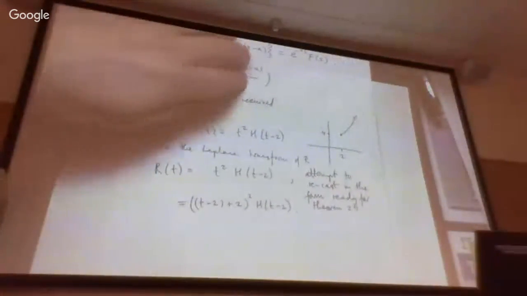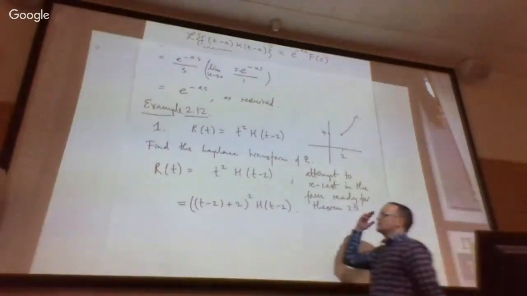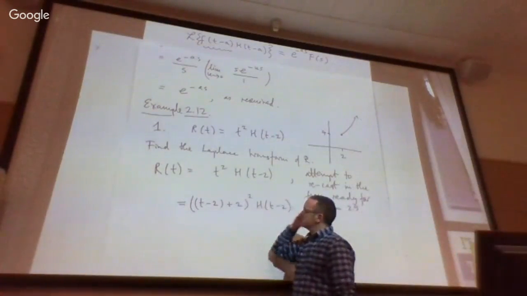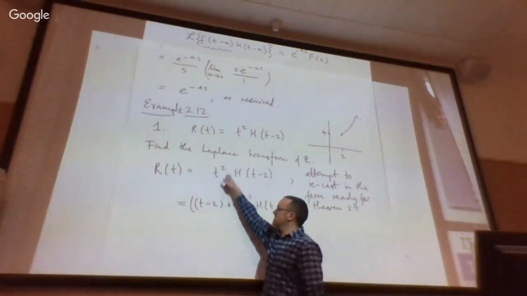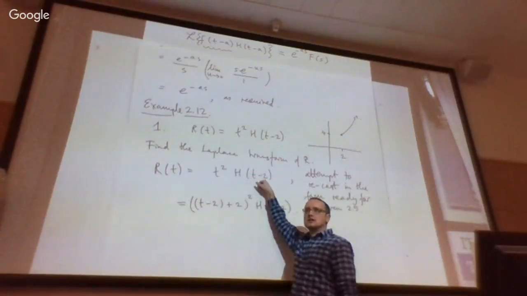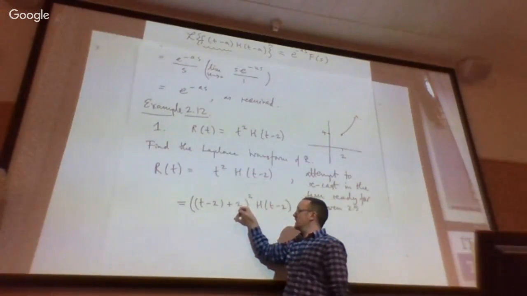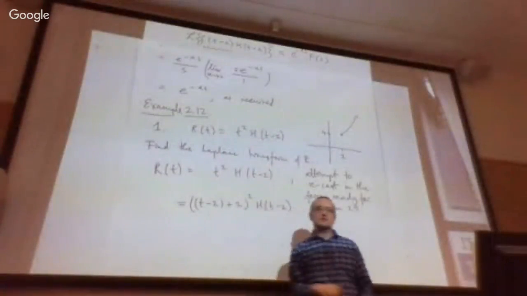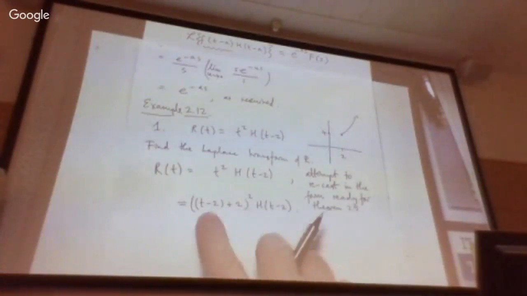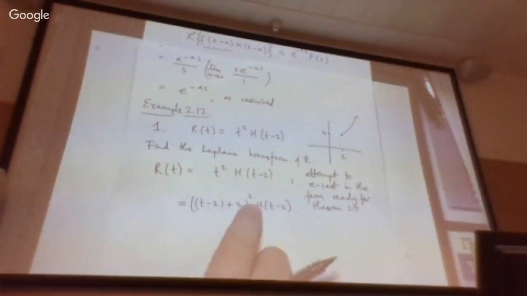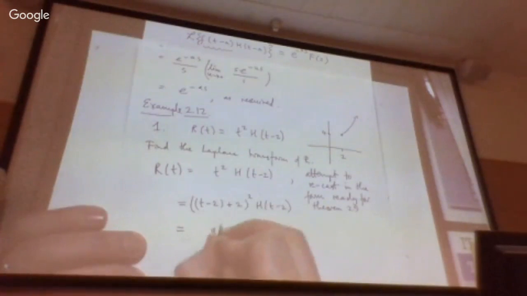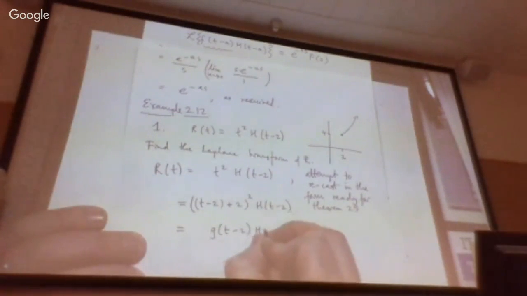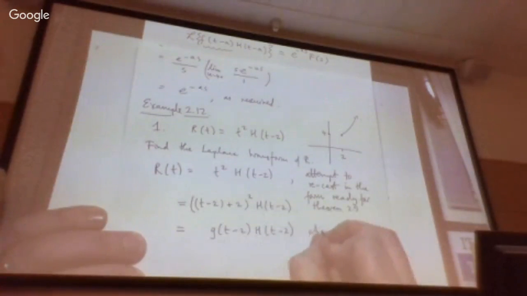Now this, when you first see this, it's a little bit confusing, but what we're just trying to do is isolate and see this as a function of t minus 2. It's this function where you add 2 to the argument and then you square the result. Adding the 2 cancels out that minus 2, and then you square it and you end up with t squared. So we're going to call this g of t minus 2 times h of t minus 2, where g is the function